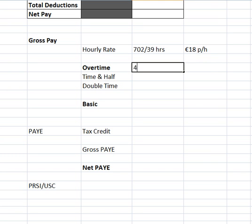Okay, now how many hours overtime is she working? Well, this week she's working 45 hours. She normally works 39 hours, which means she's doing 6 hours overtime. Now, those 6 hours are divided into, it tells us, time and a half for the first 5 hours and double time for anything in excess of that. So the first 5 hours are going to be a time and a half,